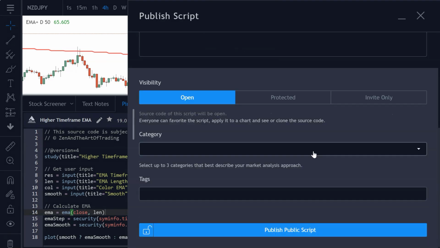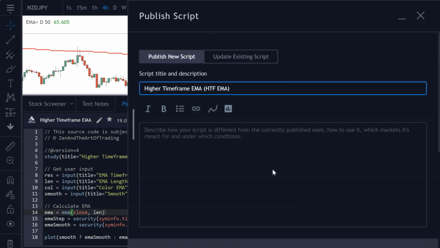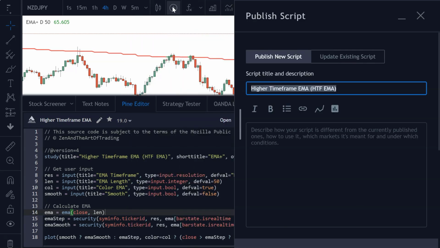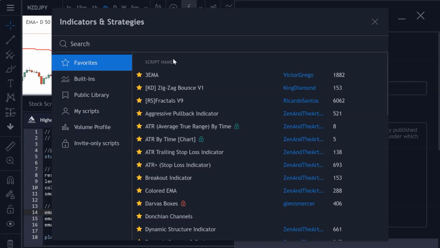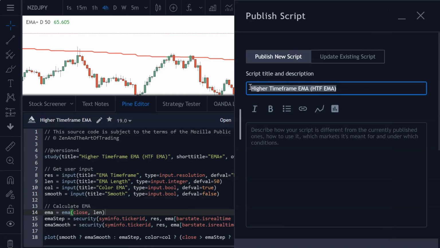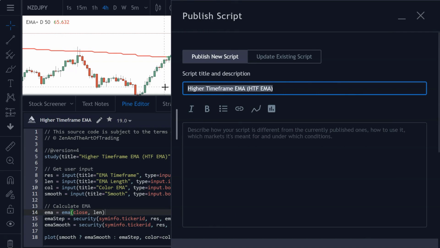And so this is pretty self-explanatory. I don't need to go into too much detail here. But what I will say is that if you're publishing a new script, here is where you write your page title. And this is what your script will be named in the indicator box. So if you would add the indicator, this is what the name would be. You can see I've got a few scripts here under my name. And these are all the page names, the page titles that I put in here, the script title. And so it's important that you name this correctly, or to your preference, before you publish your script. Make sure there's no typos and you've got the casing how you want and the right name and everything,